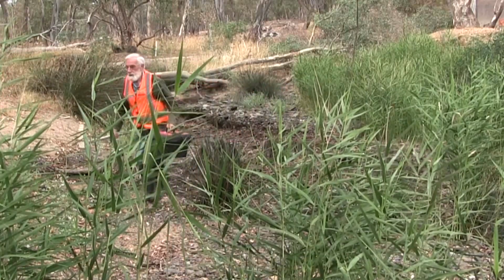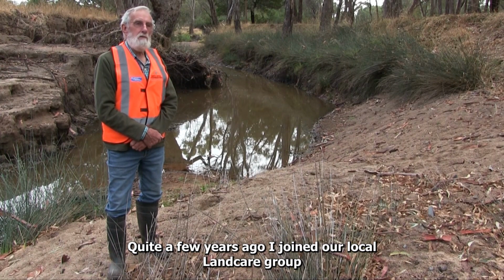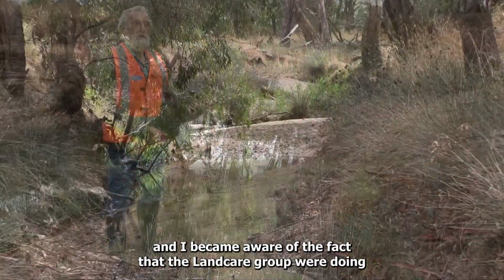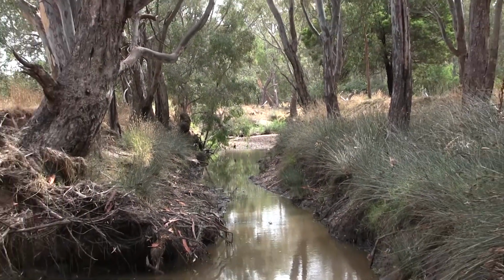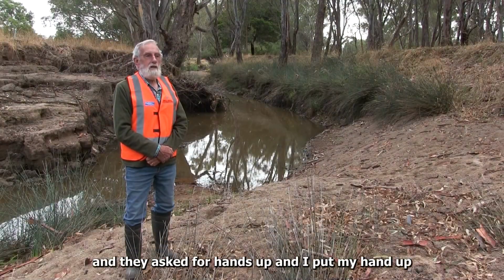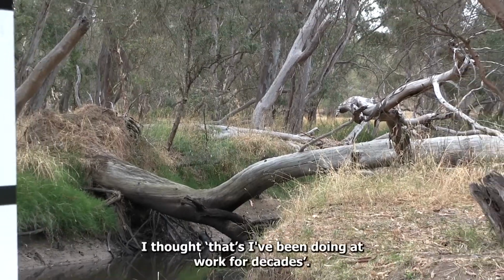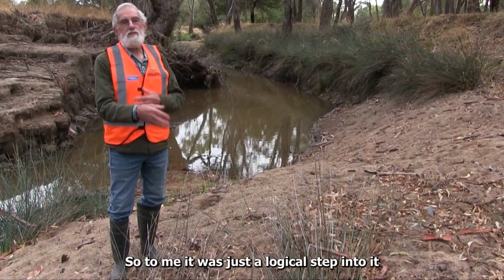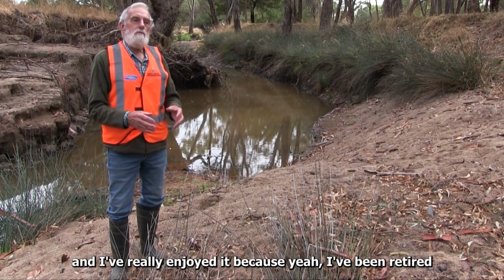Quite a few years ago I joined our local land care group, and I became aware of the fact that the land care group were doing some sort of survey on a couple of the local creeks. One chap decided to give that away, and they asked for hands up, and I put my hand up. I thought, oh God, that's what I've been doing at work for decades. So to me it was just a logical step into it, and I've really enjoyed it